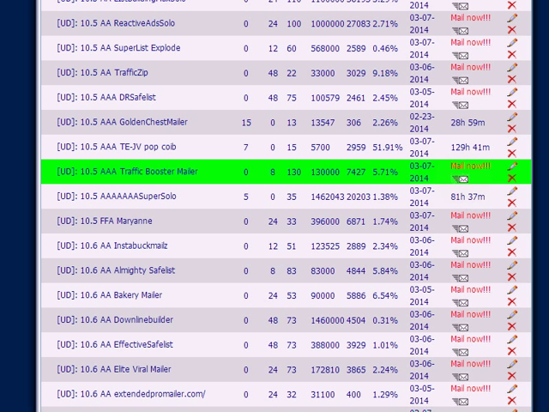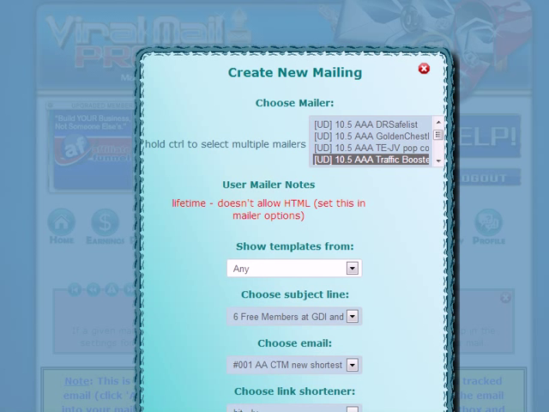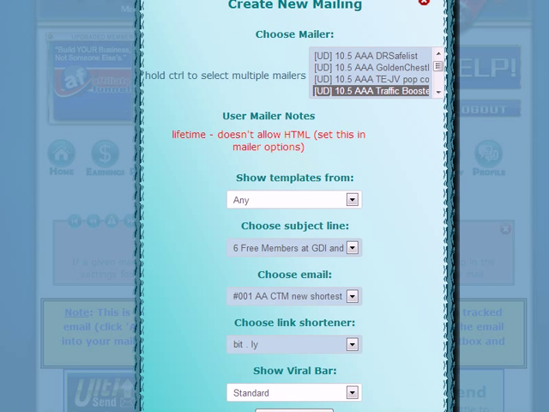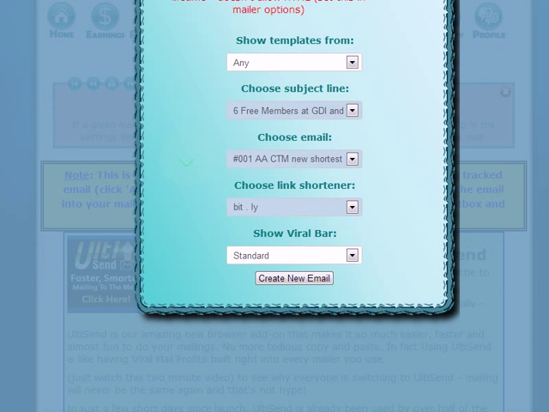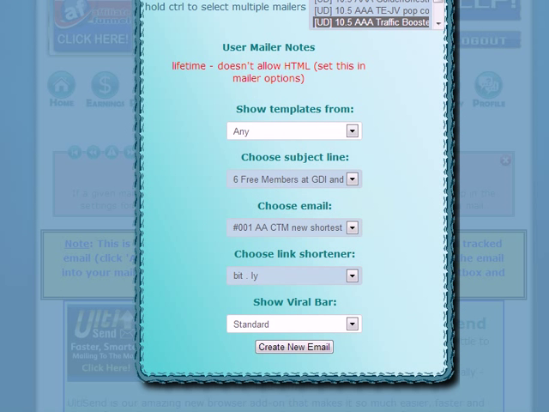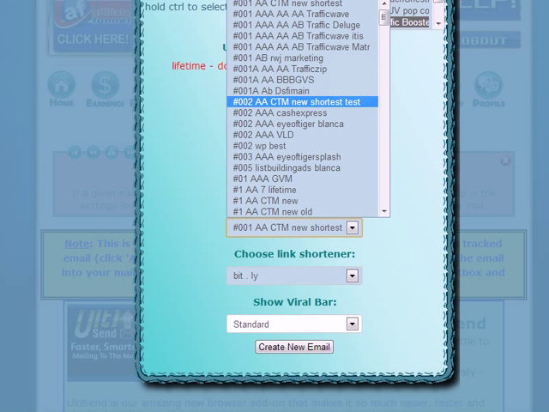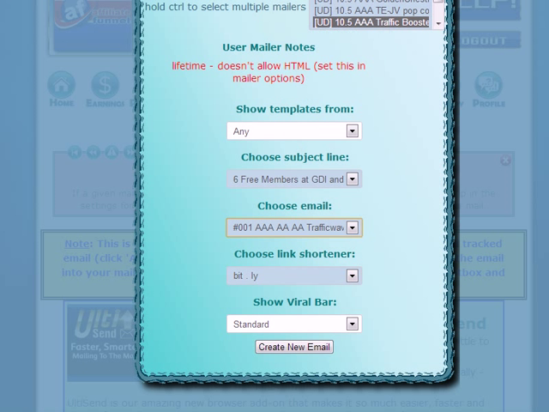You click that, and that's going to open up what we want to mail. And in this case right here, I'm going to choose that I want to send a mailing out to Traffic Wave, and you're going to have it pulled down the same way. And I'm not necessarily using the subject line, so I'm only worried about this one, choose email. Okay, so then I create